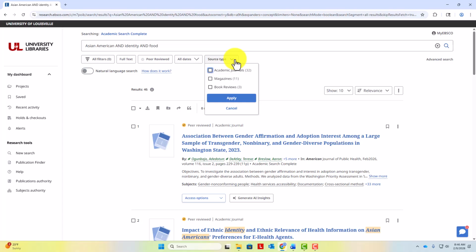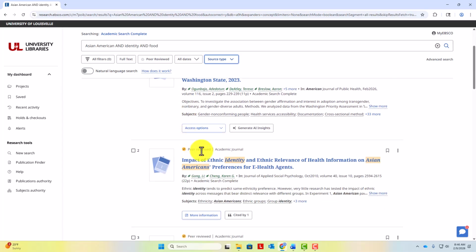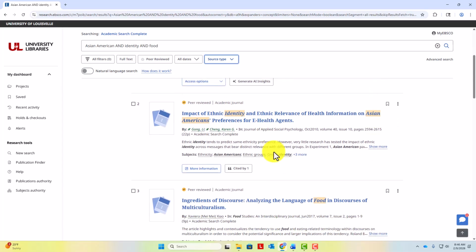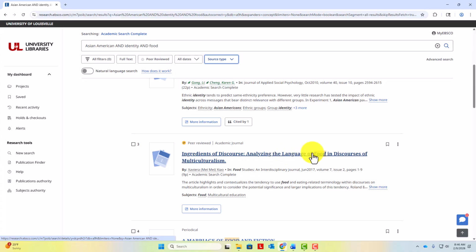In addition to scholarly sources, library databases contain magazine, newspaper, and other article types. You need to be sure to include academic sources in your research, but you might also be interested in incorporating some non-scholarly sources. The nice thing is that every article in the database is labeled so you can be sure you're getting the peer-reviewed sources you need for your assignment.